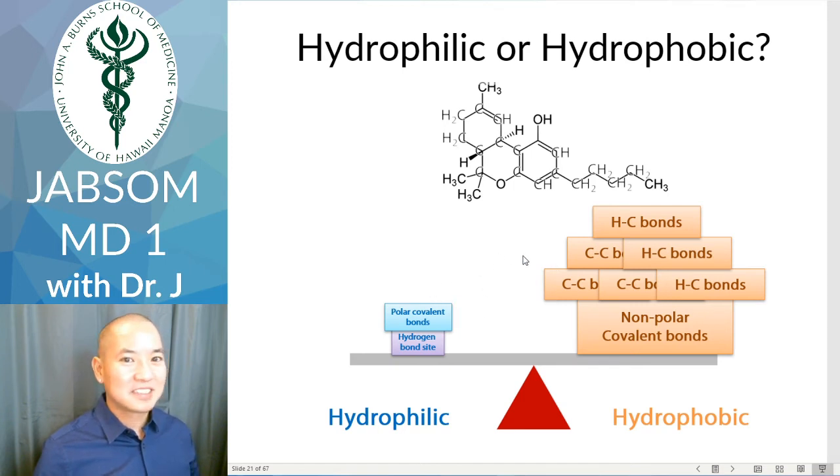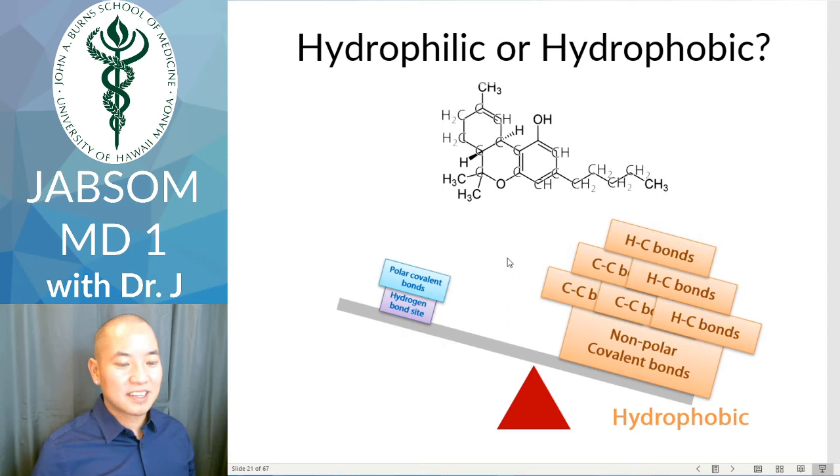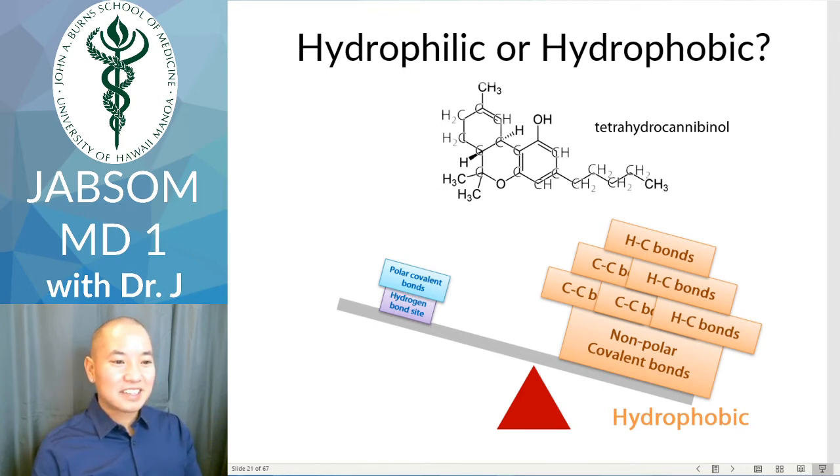Therefore, which way does the scale tip? It strongly tips toward the hydrophobic side. So this is a hydrophobic compound. In fact, it is tetrahydrocannabinol, THC. Now, tetrahydrocannabinol is hydrophobic. So this is why, compared to something like vitamin C or drugs that are water soluble, those